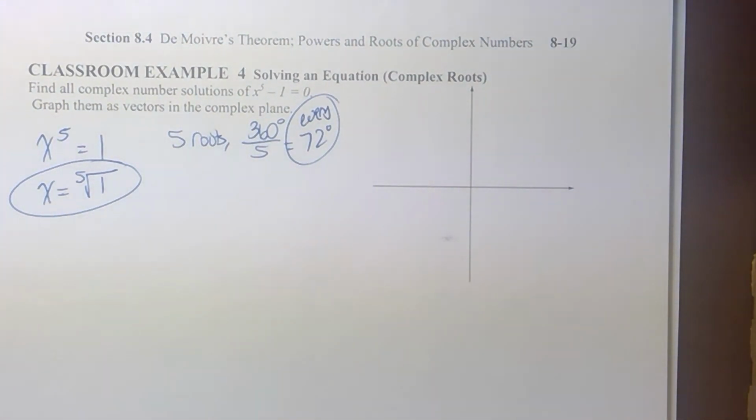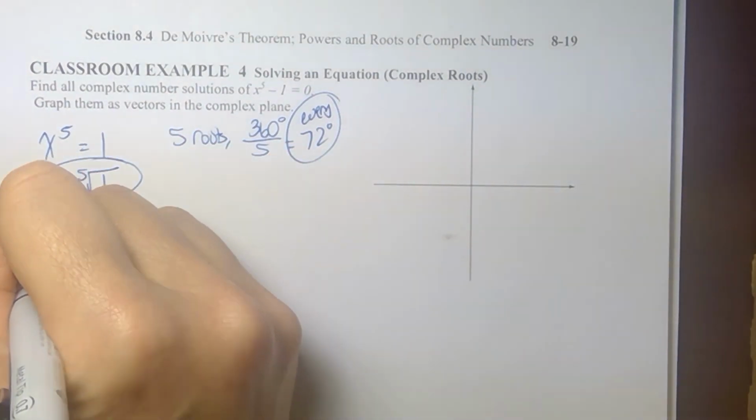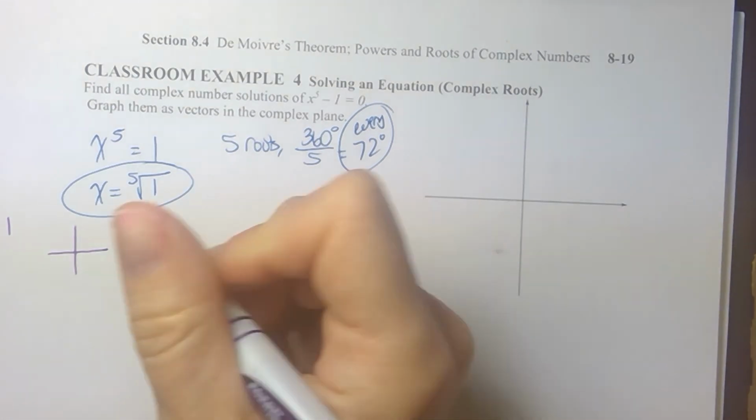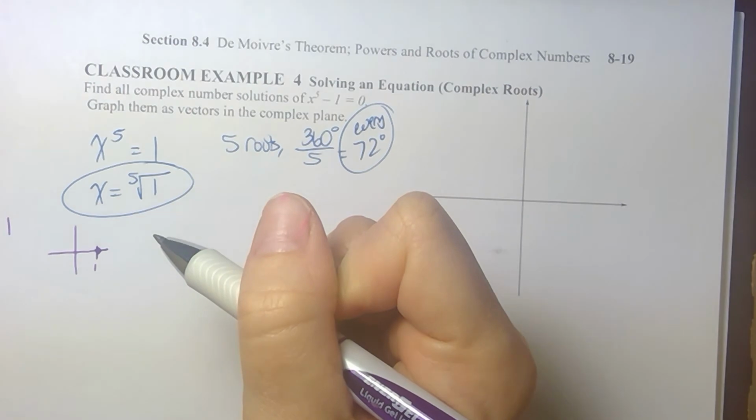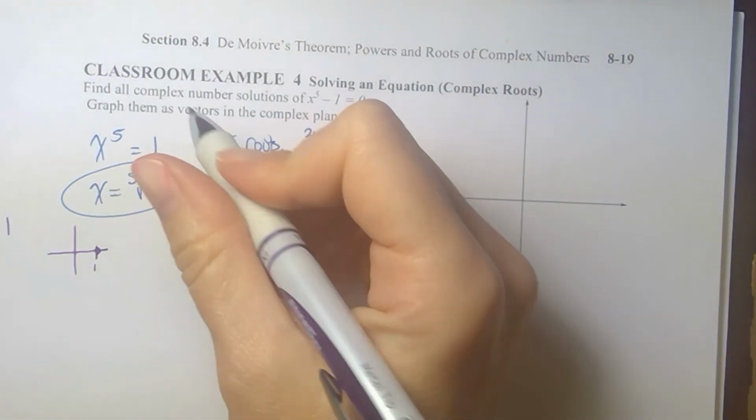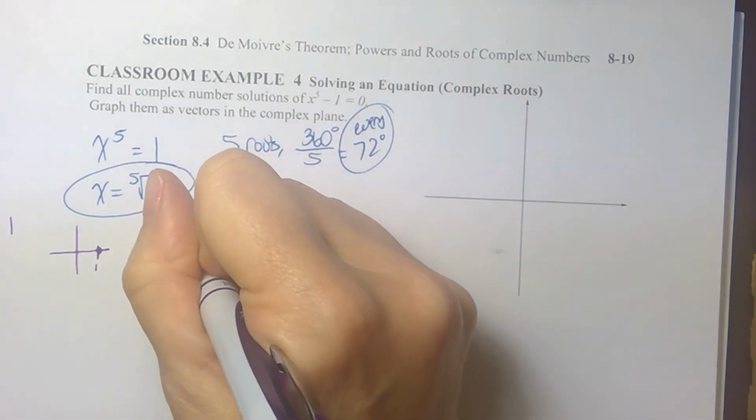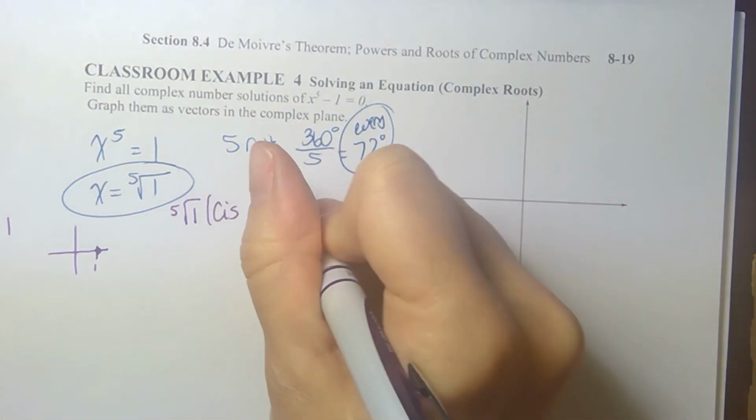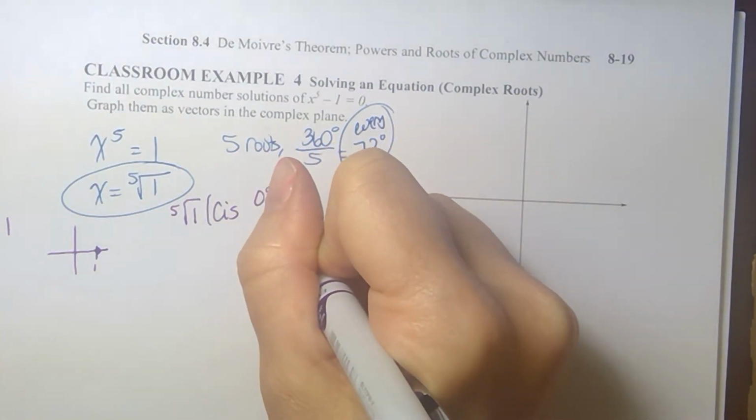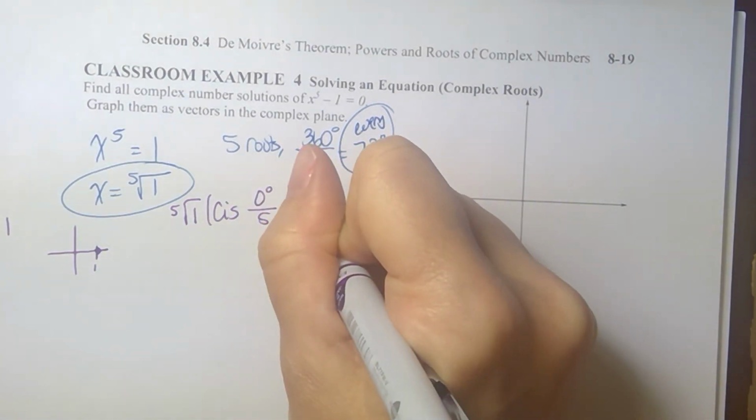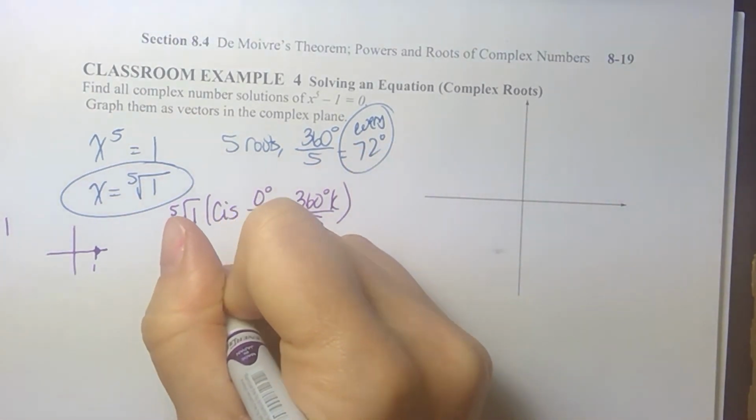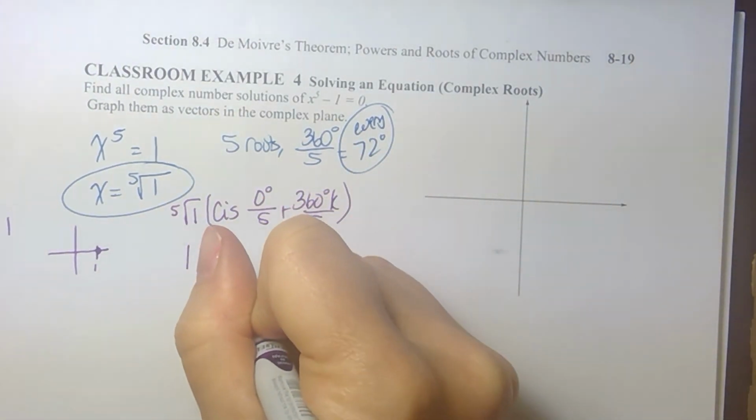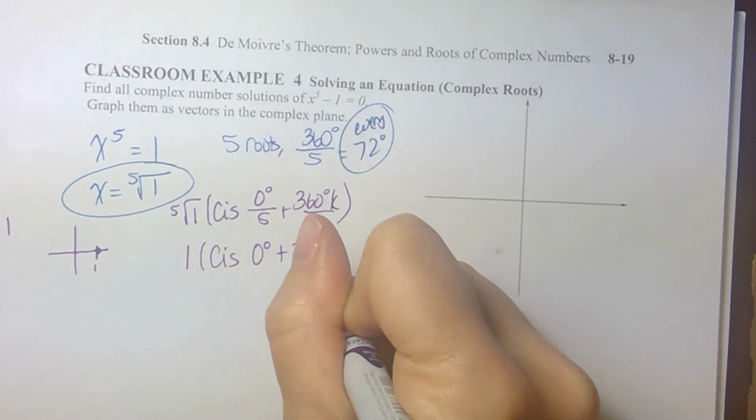Okay, so we need to find our trig form of 1. Well, if my value is 1, that's real and that's positive, so that's 1 right there. So I can use 0 degrees. So I can say that I'm taking the 5th root of 1 times CIS, 0 degrees divided by 5 plus 360K divided by 5, which simplifies to be, well, the fifth root of 1 is just 1. And then I have CIS 0 degrees plus